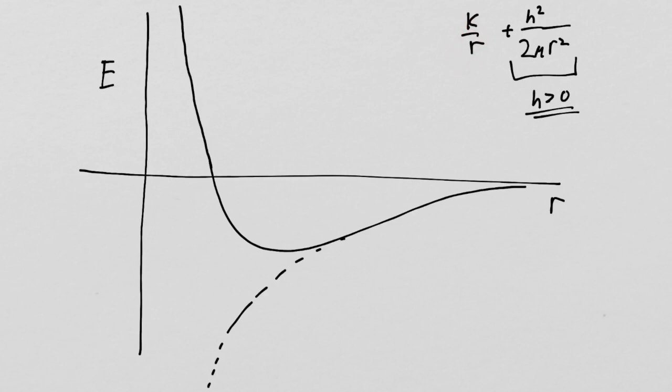And remember, we're considering attractive forces, so we have k less than 0, right? So this is negative, this is always going to be positive, and so ultimately, you will always have this turnaround here in the middle where the potential energy just takes this arbitrarily large climb. So you no longer have this infinite dip. So that's really interesting. And what that means is that with any angular momentum, you can never reach the center